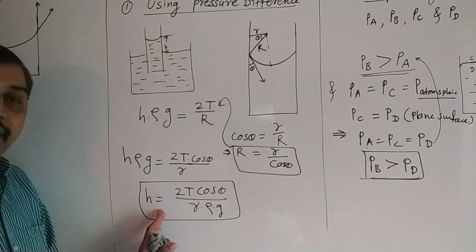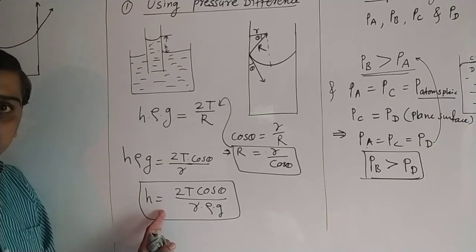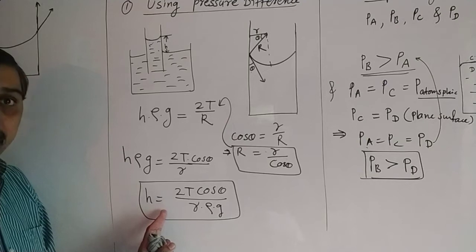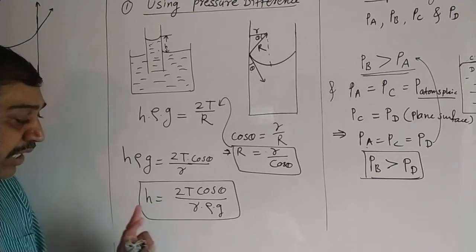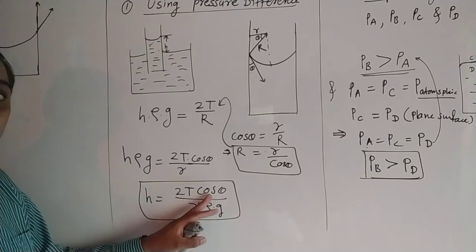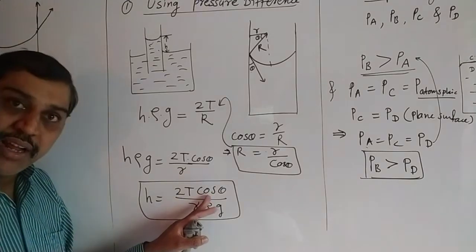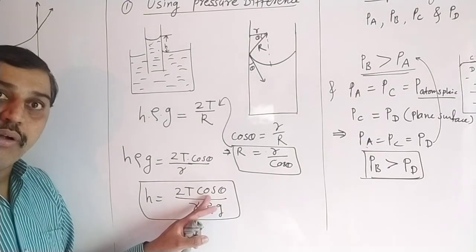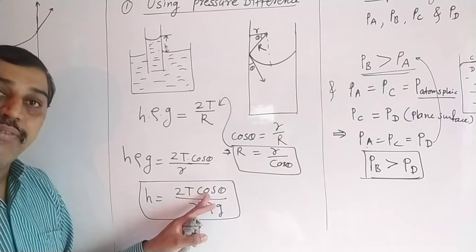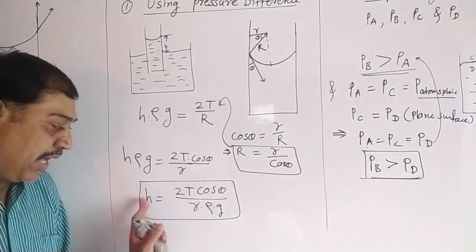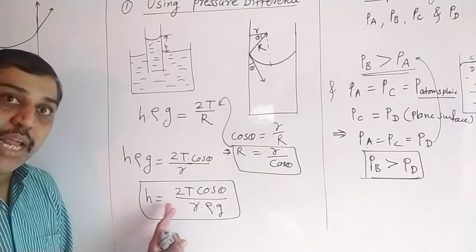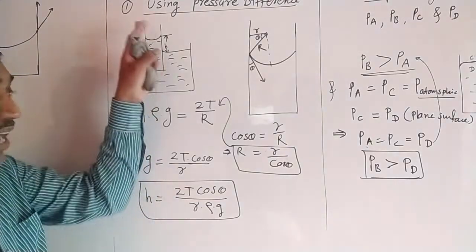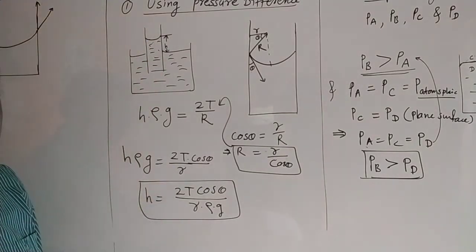Same way you can find out the fall of liquid level in the capillary. Whenever there is a fall of liquid level, just like mercury, h comes to be negative because cos theta comes to be negative. Theta becomes an obtuse angle, it is greater than 90 degrees. For obtuse theta, cos theta is always negative, and that's why h comes to be negative. If it comes in minus, it means what? There is no rise, there is a fall. That is the only difference.